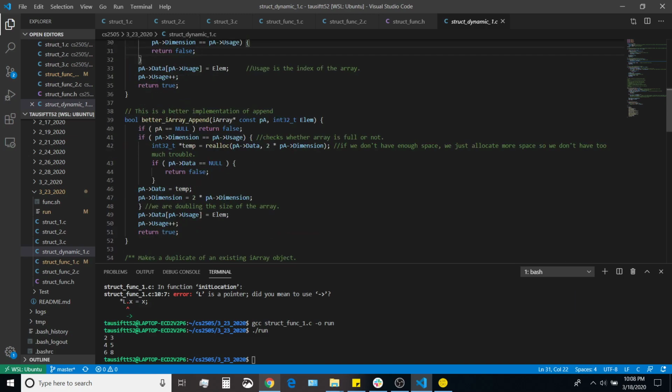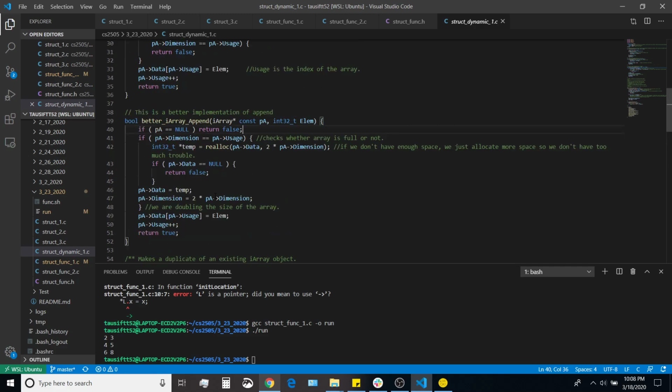So for that we have a better implementation of iArray append, in which case when we see that we do not have enough space, which is over here, in that case we are doing a realloc, and we are basically doubling the size of it. Before it had size of dimension, and now it's going to be double the dimension over here, and we're doing a realloc, and afterwards